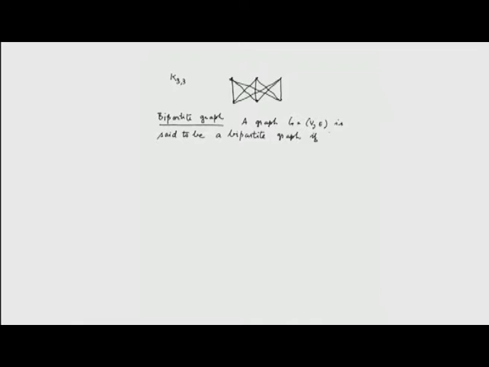if V is partitioned into two subsets V1 and V2, where V1 intersection V2 is empty and all the edges are connecting vertices of V1 to vertices of V2, and there is no edge connecting vertices of V1. So, we write that V1 intersection V2 is the empty set, and